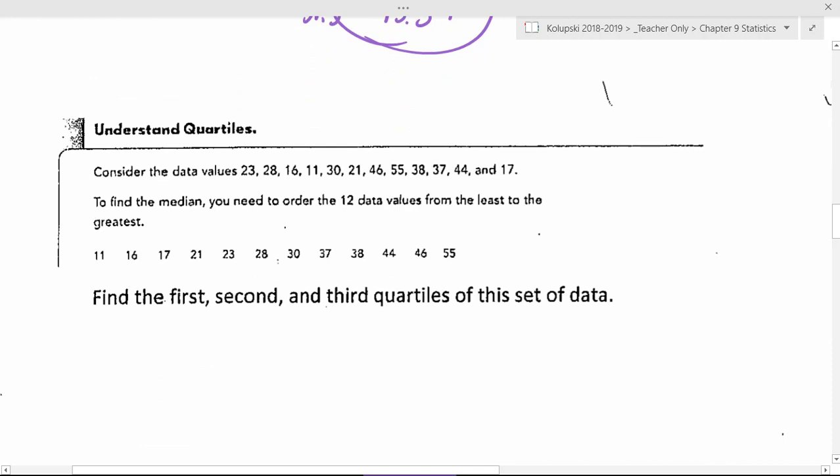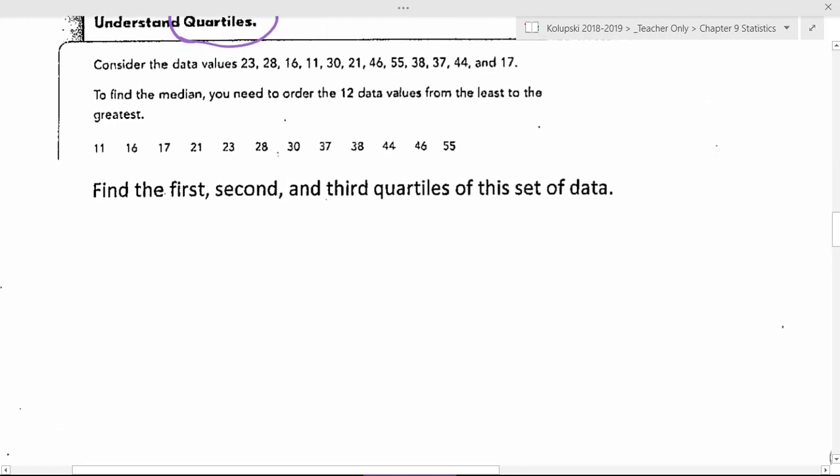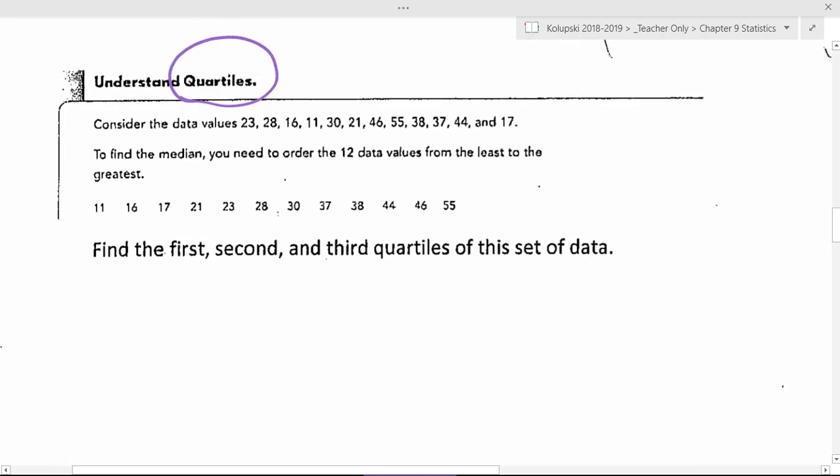Now, another measure of variation is something called quartiles. Quartiles have 4 distinct steps on how to figure these out. I'm going to write down the steps while we solve this problem, and then you're going to be able to practice 2 of these on your own. So this data, well, we don't have a real world context with this one. We just have information. So step 1